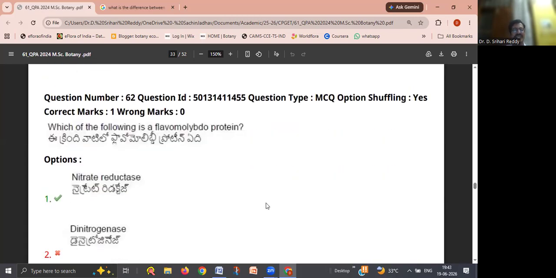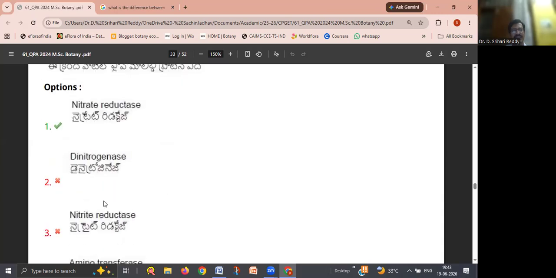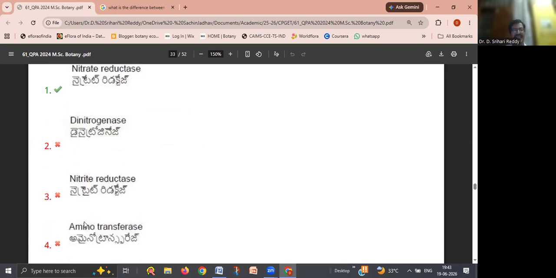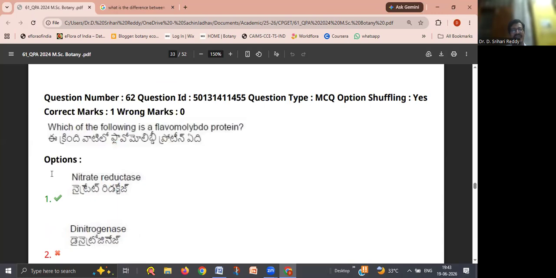Next question is, which of the following is a flavo-molybdoprotein? The options here: nitrate reductase, dinitrogenase, nitrite reductase, aminotransferase. So among them, nitrate reductase is responsible. It is one of the important enzymes for nitrogen metabolism. So it has a